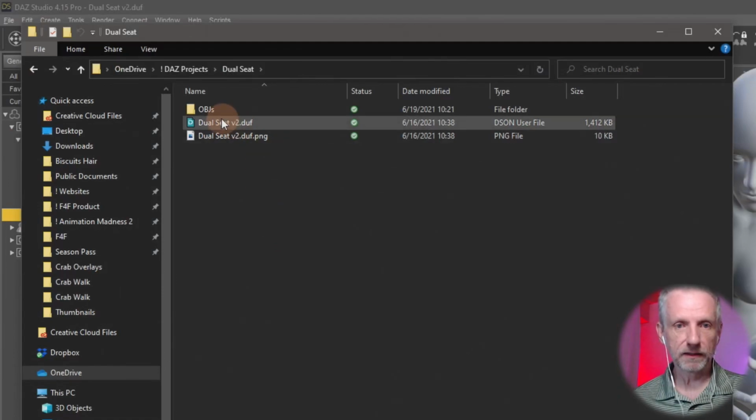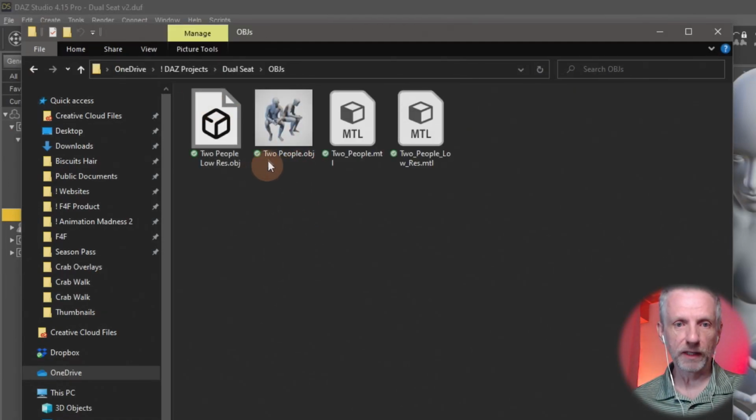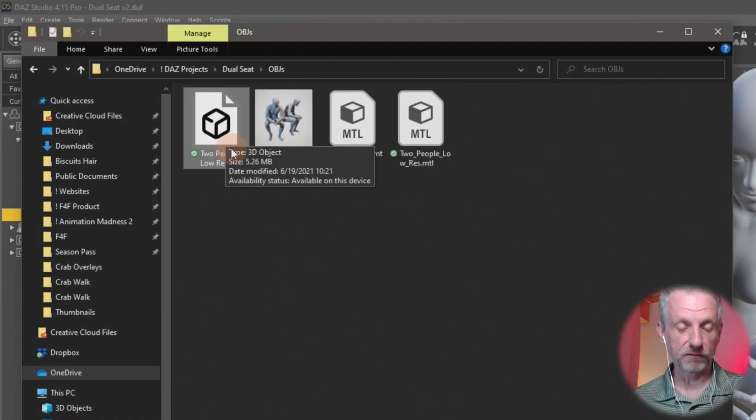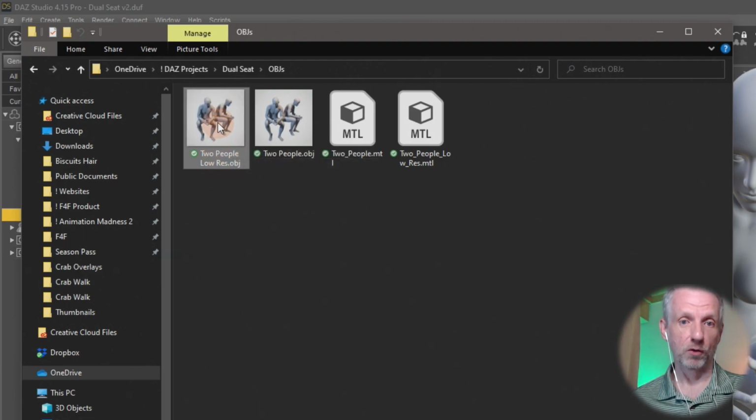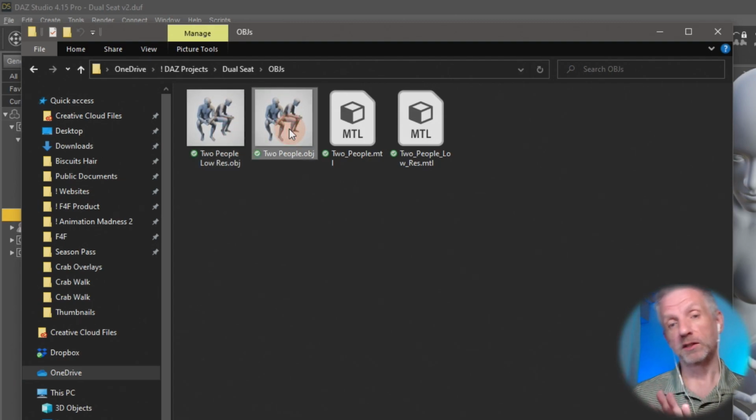Here it is in OBJs. So we have the 2 people, this one here is 5 megabytes. That's the low res version, and the high res version is already 21 megabytes. So that's a significant difference. It's basically 4 times the size, and I'm using regular Genesis people for that. I'm not using the 8.1